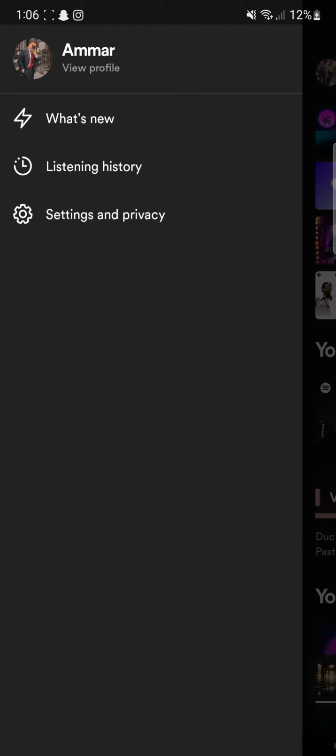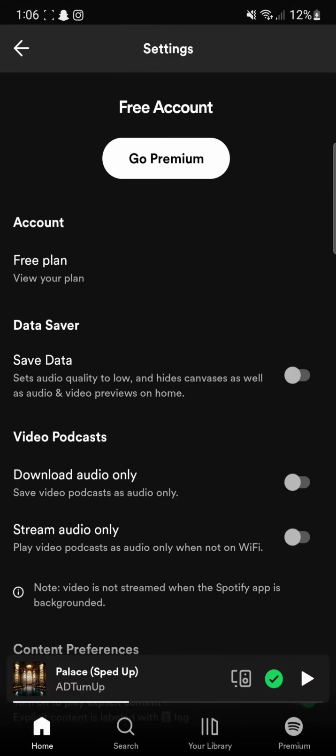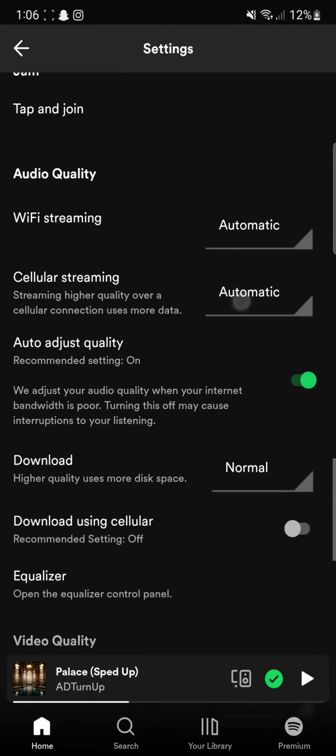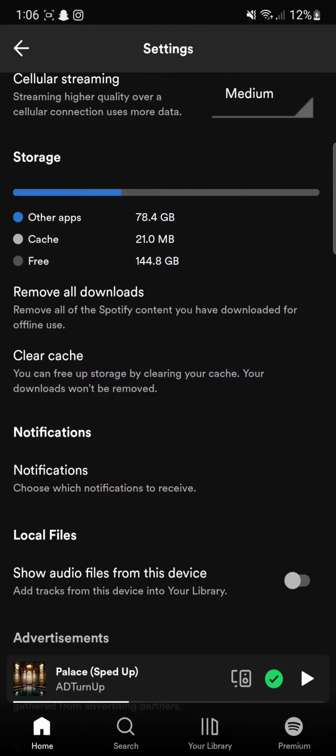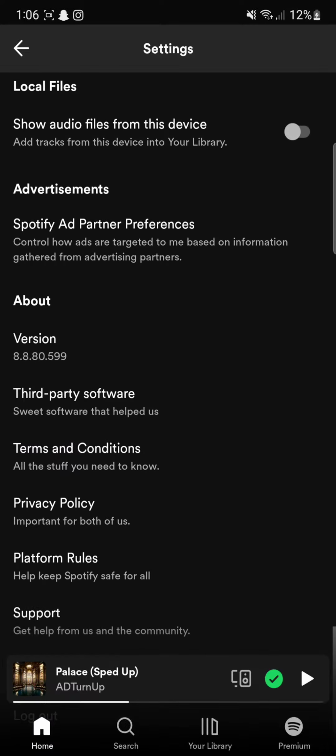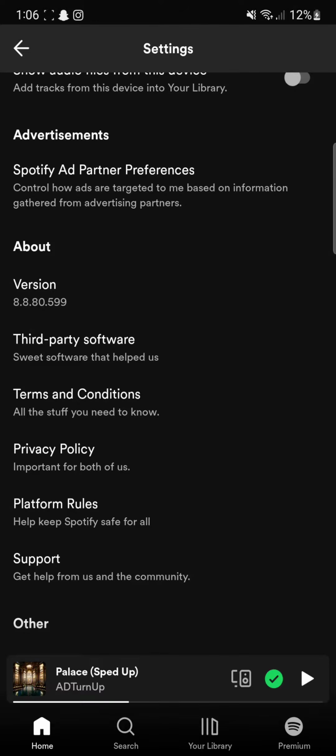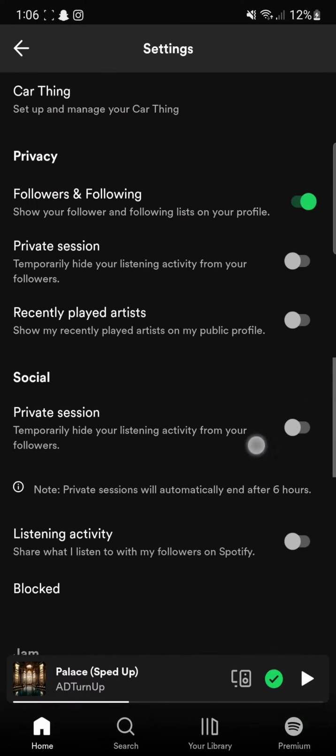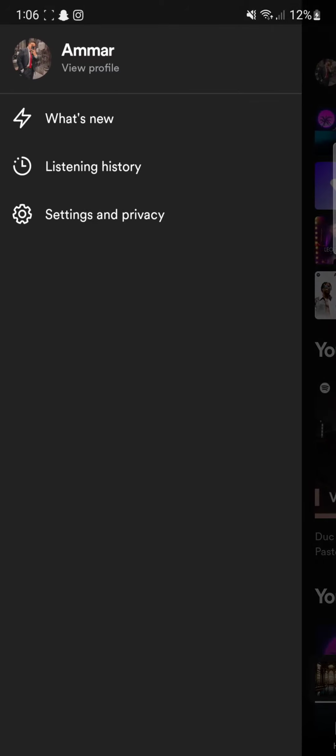right away. If you go onto settings and privacy, everything is related to your data saver, your crossplay, your streaming quality, and then after that, version, terms and condition, privacy and policy, and support, and log out. So there's no way you can see it even if I go back and I go over here and then